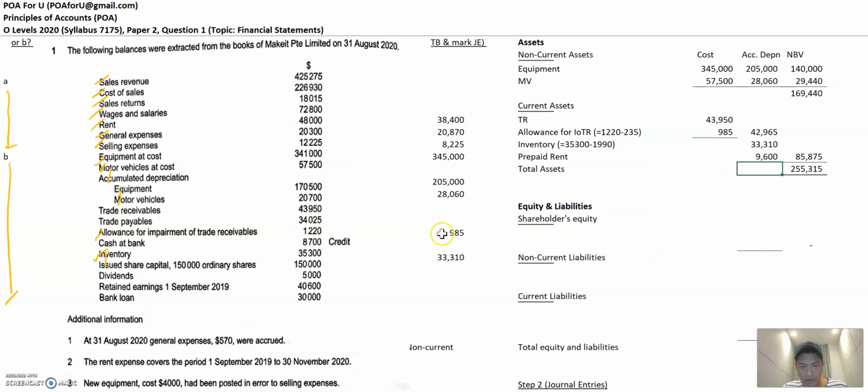Then I'm going to go into the other stuff. Trade receivables, I actually did this. Okay, trade payables, shareholders' equity first. So I believe it's share capital, 150,000 ordinary shares. Okay, 150,000. Cross that out, and then we have